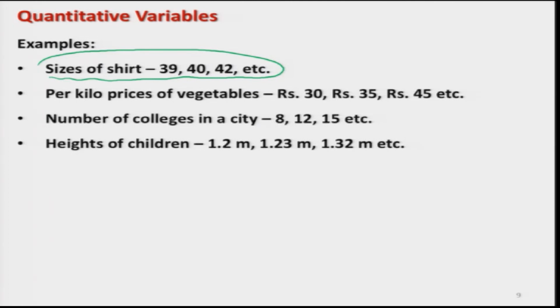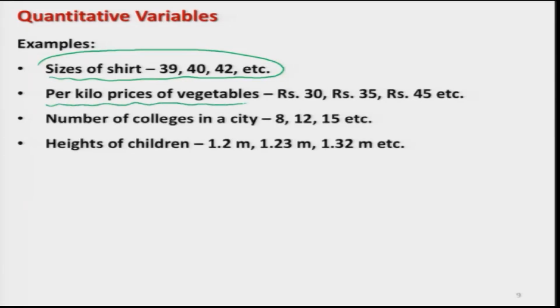39 means there will be some dimension, some size of the shirt. And if I say what is the difference between a 39 size shirt and say a 42 size shirt, we understand that the size of the shirt with number 42 is going to be larger than the size of the shirt containing the number 39. So, you can see here that 39 and 42 are representing some numerical values and they can be ordered. It means I can always say that the size 42 shirt is larger than the size 39 shirt.